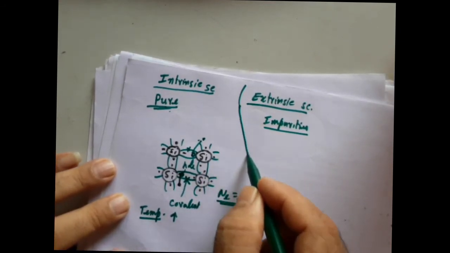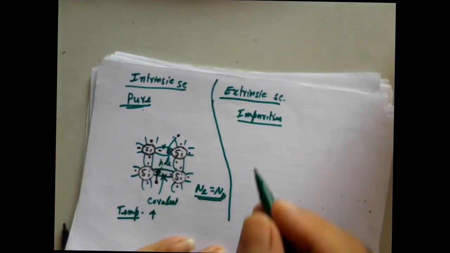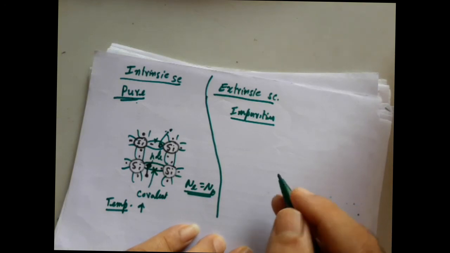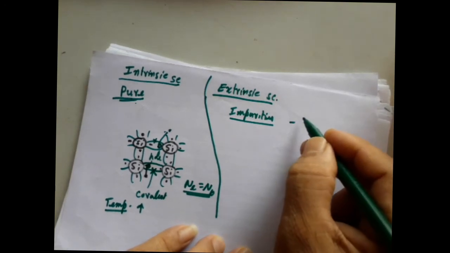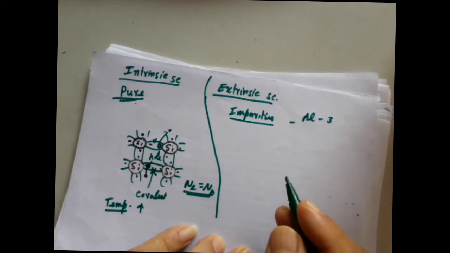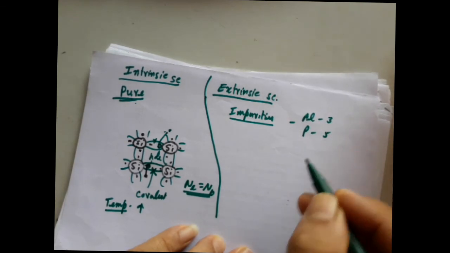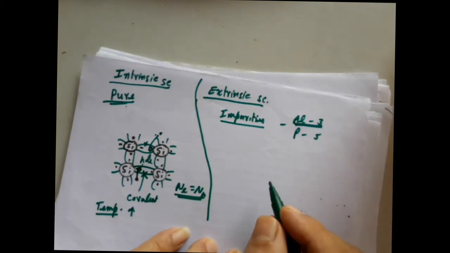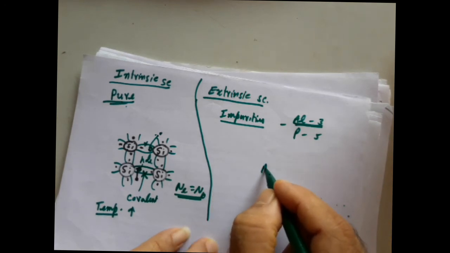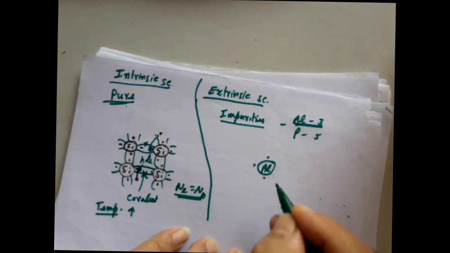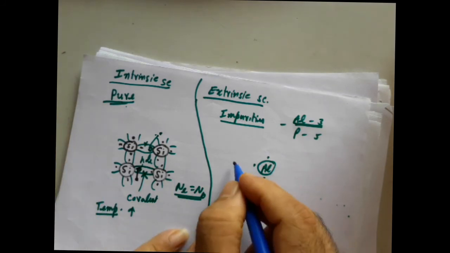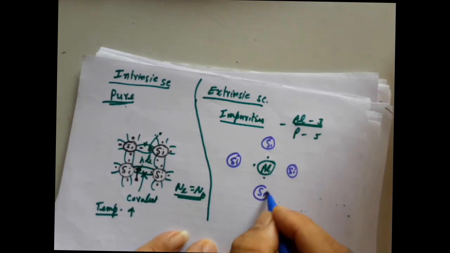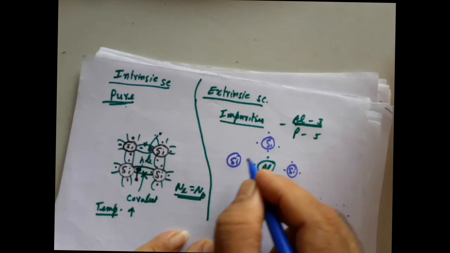But in the case of an extrinsic semiconductor, we are able to add some kind of impurity to it. Suppose I add a trivalent or a pentavalent impurity. Trivalent may be aluminum, because it has 3 electrons in the last orbit, or pentavalent phosphorus, which has 5 electrons in the last orbit. Now when you add a trivalent material to silicon, suppose I have an aluminum atom with 3 electrons, surrounded by silicon atoms, which are all tetravalent,